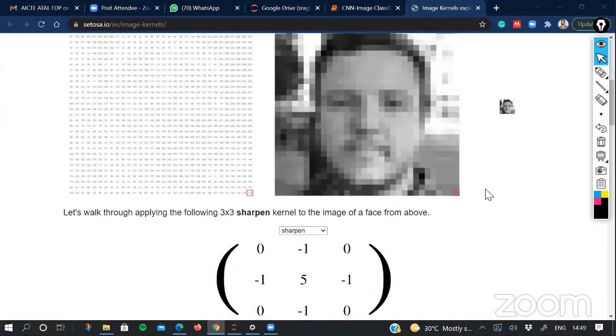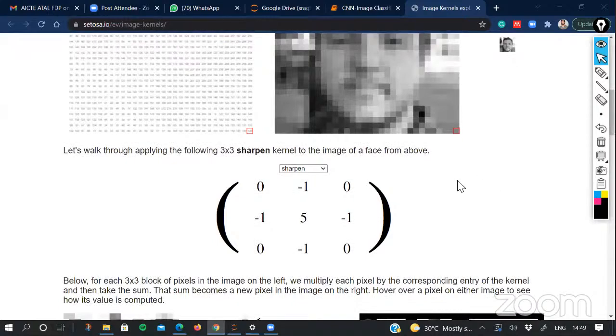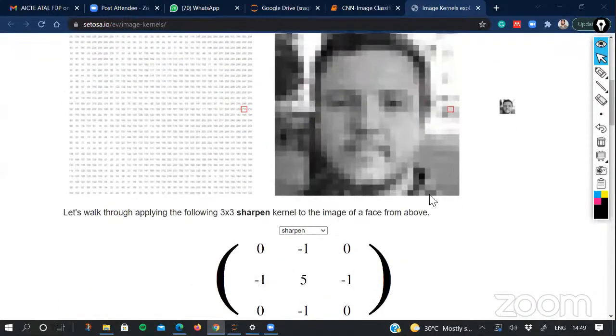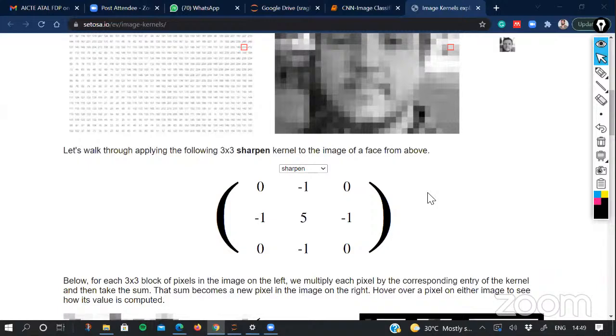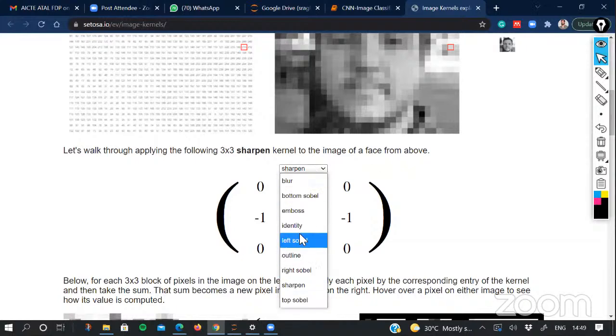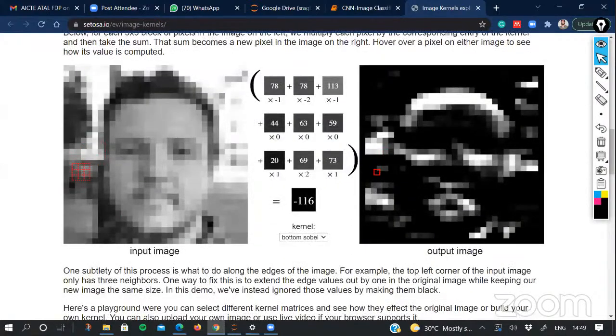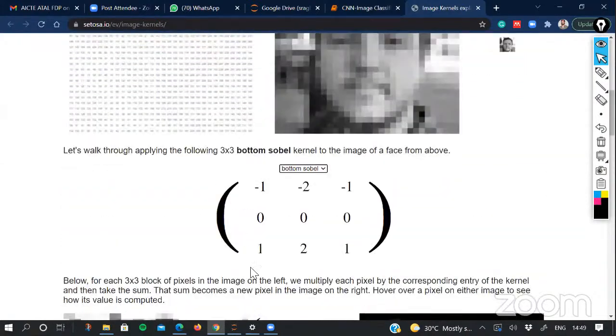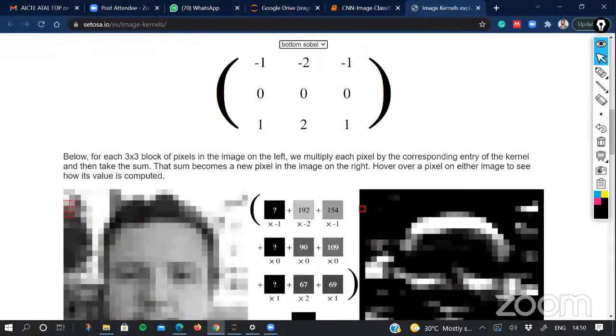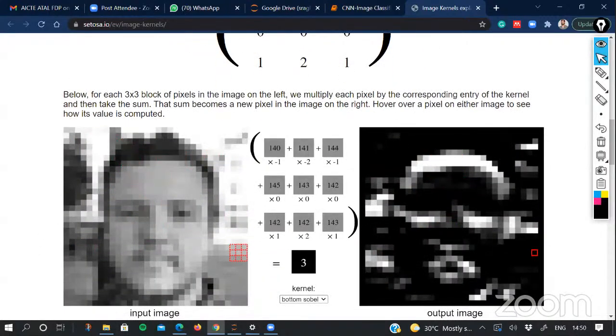Now, these convolutions actually help us to extract features from images. As I said, before 2010 we used to have some handmade kernels through which you can extract those features, and there is a list of these handmade filters. So you see, if I want to find the horizontal lines, the bottom ones, I can easily get that. If I apply this filter over this image, I will get this output. In this output, I can easily extract all the horizontal lines from this particular input image.